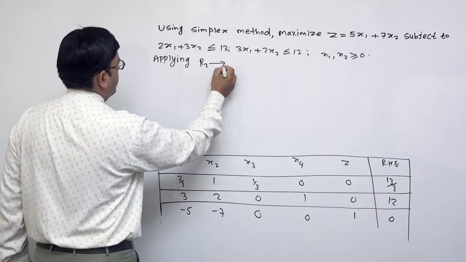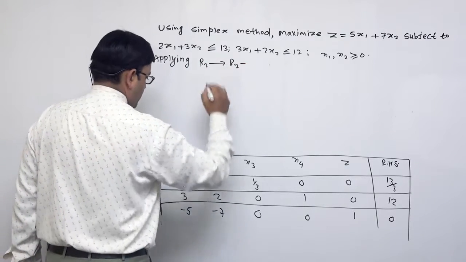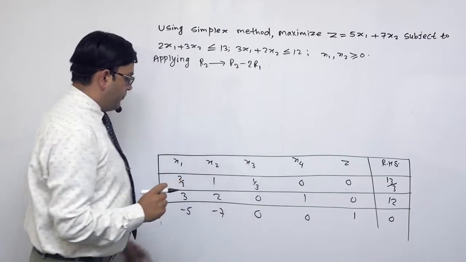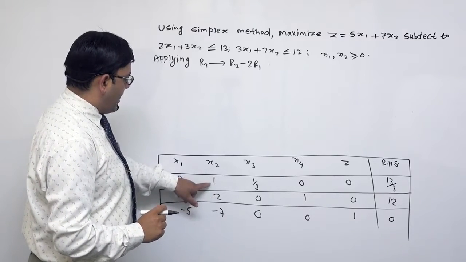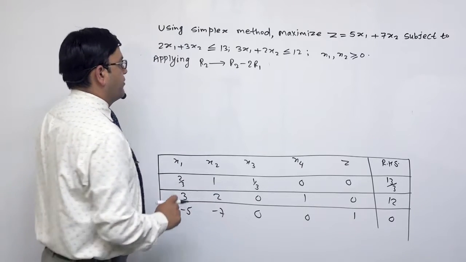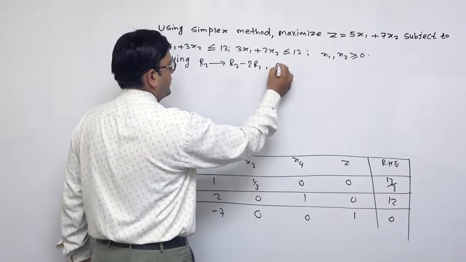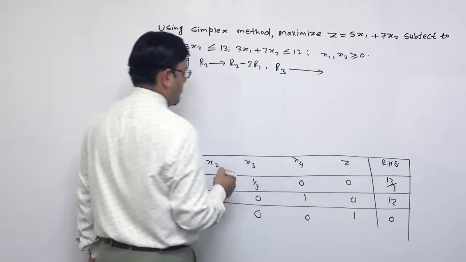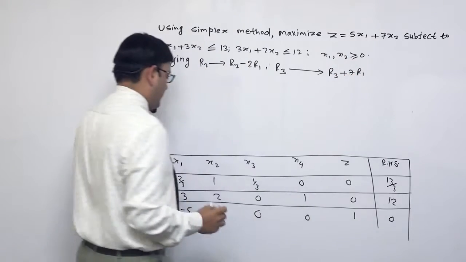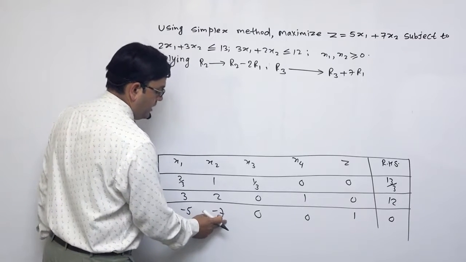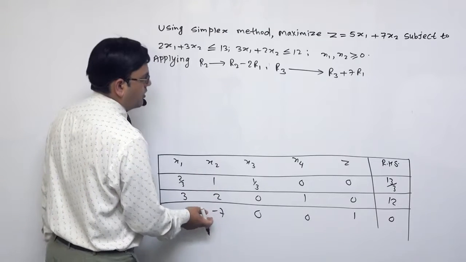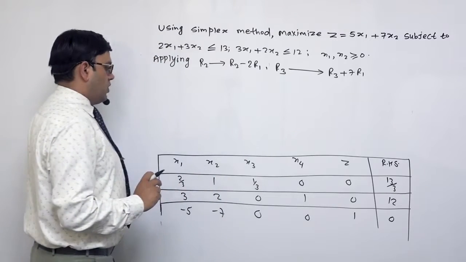R2 changes into R2 minus 2R1. Why we are doing so? हेर्नुस् है त, यो R2 भनेको 2 छ, 2 minus 2 times 1 हुँदाखेरि 0 आउँछ। यसलाई हामीले 0 बनाउनु पर्ने छ, त्यसकारणले R2 minus 2R1 युज गर्यौं। Similarly R3 changes into, this is -7, R3 plus 7R1. हेर्नुस् है त कसरी भयो। R3 means -7 plus 7 times 1 is 7, -7 plus 7 will be 0. यसलाई 0 र यसलाई 0 बनाउनको लागि हामीले R2 र R3 लाई चेन्ज गर्दै छौं।